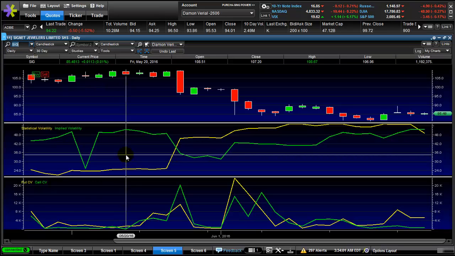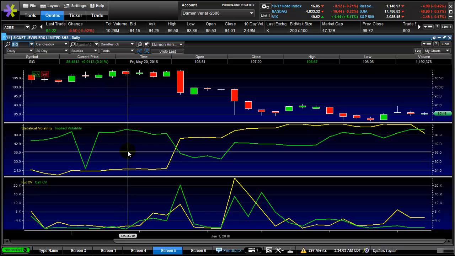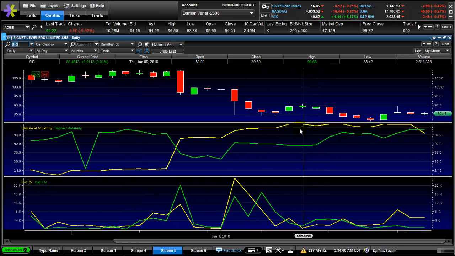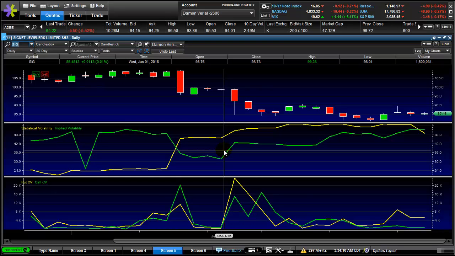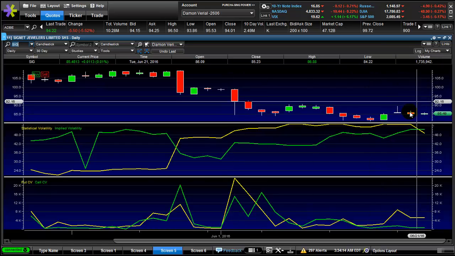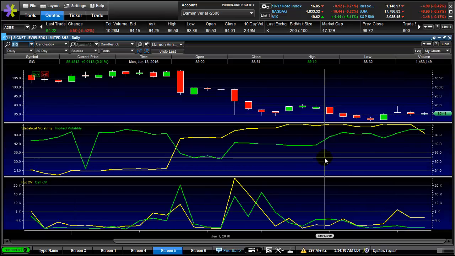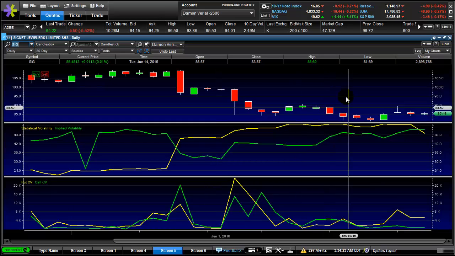So it could be a piece of news coming out. It could be an earnings report coming out. But just remember that the options market tends to move faster than the stock price moves. And if you don't believe me, you can go back. I'm saying this based on statistical studies, but you can actually go back and look at the stock in question